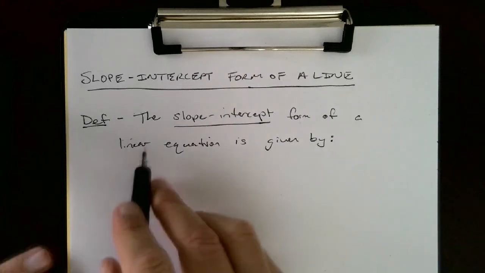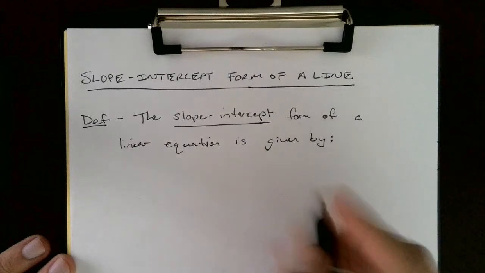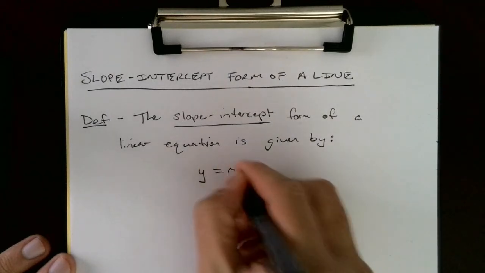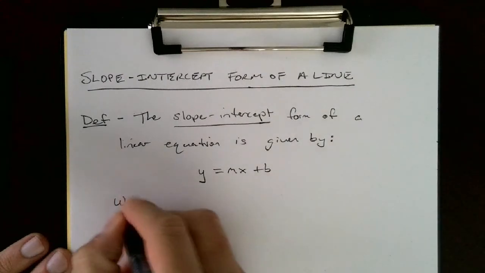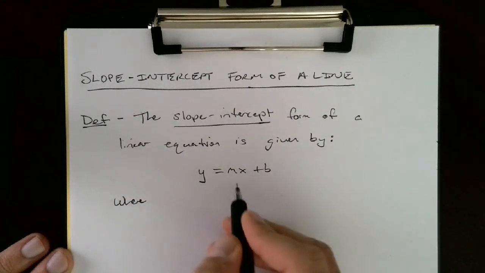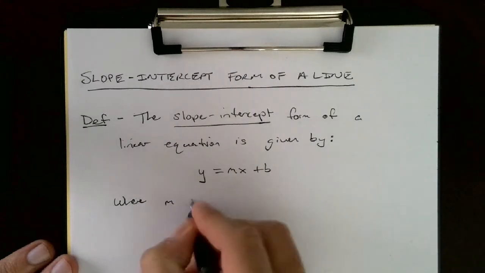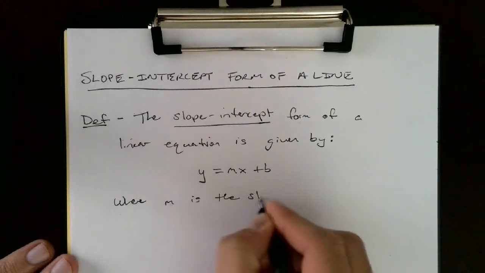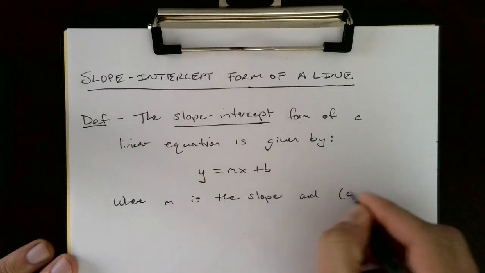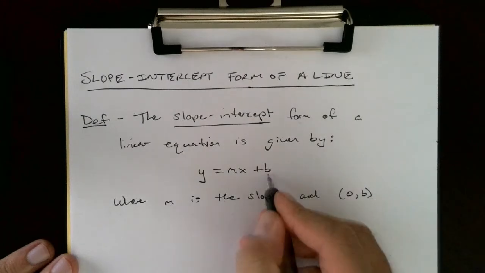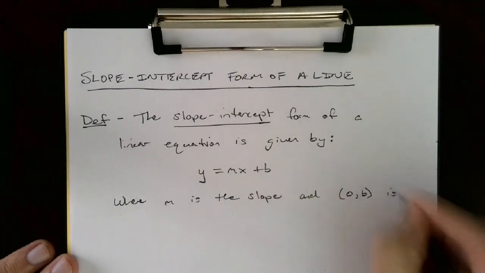So for the definition, the slope-intercept form of a line, or a linear equation, is given by y equals mx plus b, which you should have heard of before, where y and x are going to stay y and x, right? They're part of the function actually, but where m is the slope and the point 0 comma b, so 0 comma whatever this constant is,